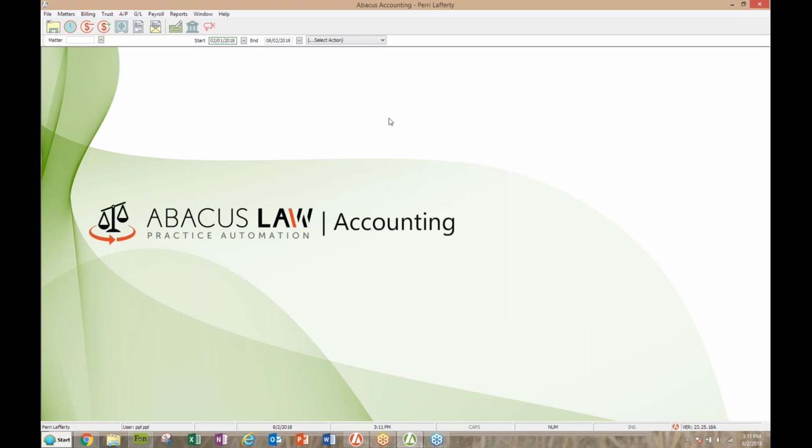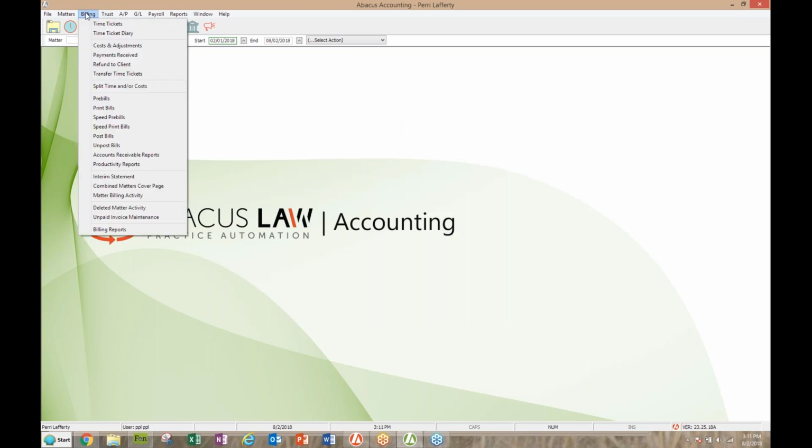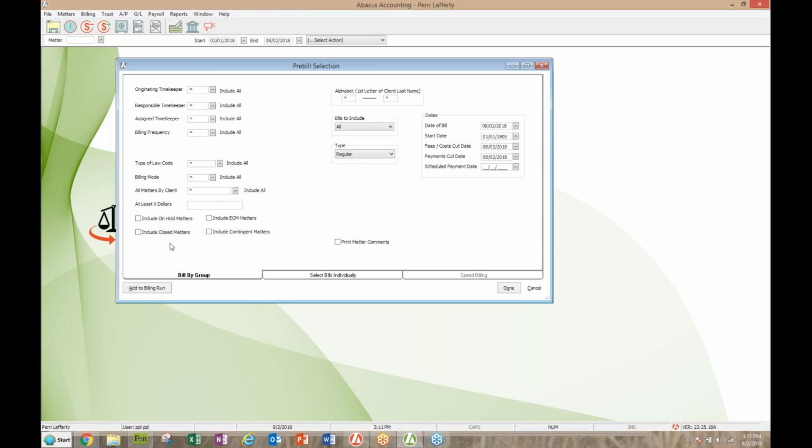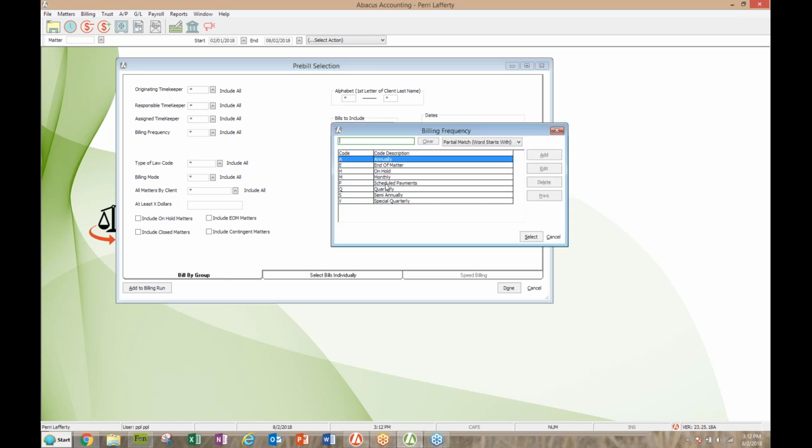Now, one little thing I can tell you about billing, okay? If you have a lot of matters set up with these payment schedules, instead of having to remember who you want to bill, there's an easy way to do it. I'll just do it on the pre-bills first. All right, come in. And you can use this bill by group. And what you can do is come up here to the billing frequency, okay? Because in your billing frequency, there is an option in here for scheduled payments. So instead of running a whole mess of monthly bills,